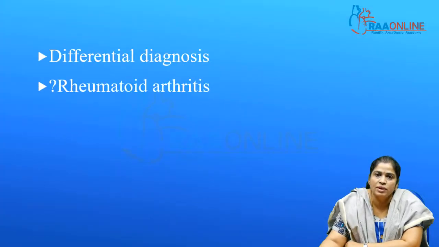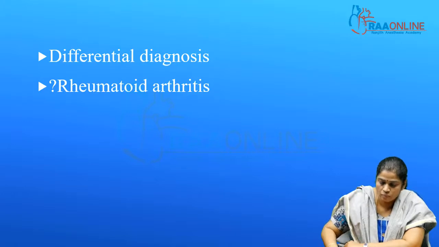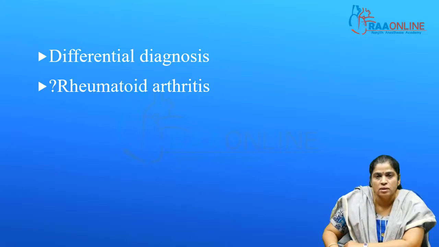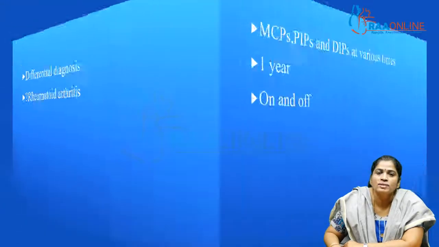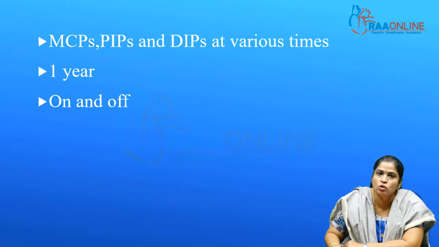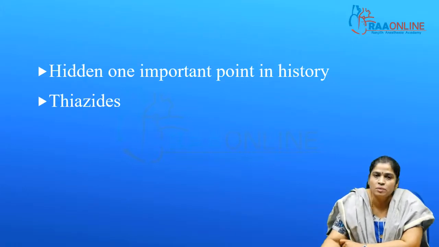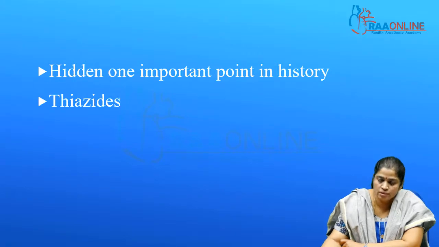Again, what would be the differential diagnosis at this stage? An elderly lady with pain in the joints in her hands. So this could be rheumatoid, yes, and it is in both hands. So there is a likelihood, and she's in the right age group as well. This could be osteoarthritis, again because of her age, and there may be swelling due to osteoarthritis as well. When you ask her which joints are affected, she says all joints in the hands at various times, on and off. Again, in this patient, I've not told you one important history, the fact that she is on thiazides for her hypertension. Does this change your diagnosis? It should.